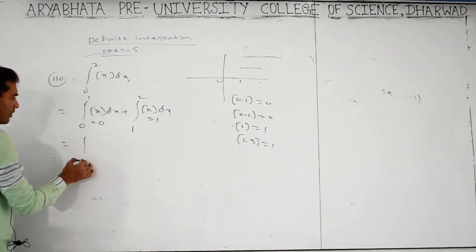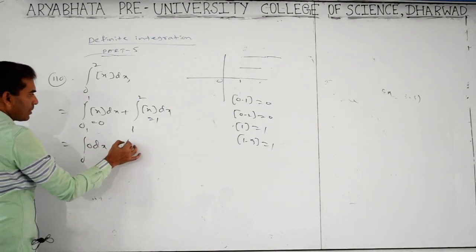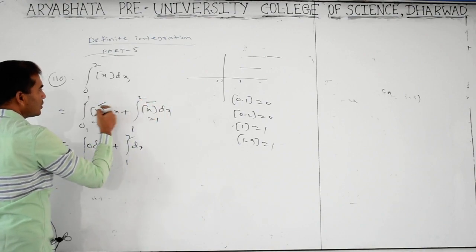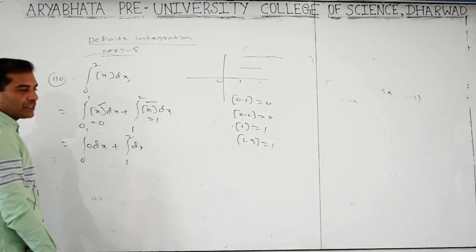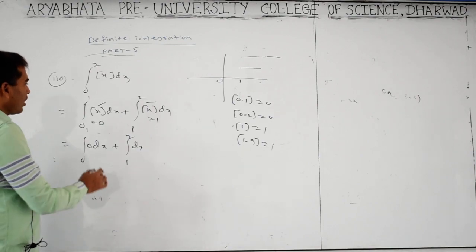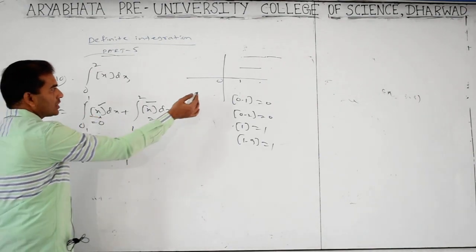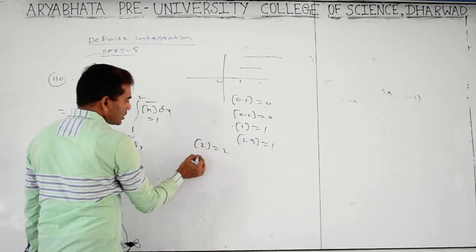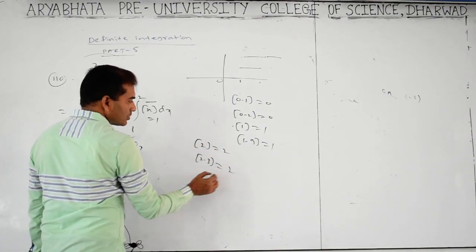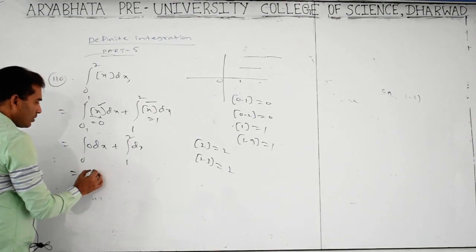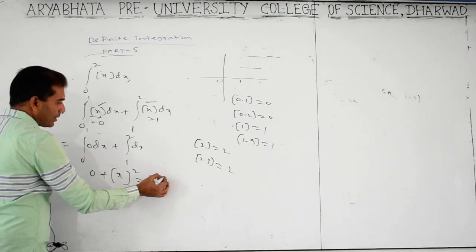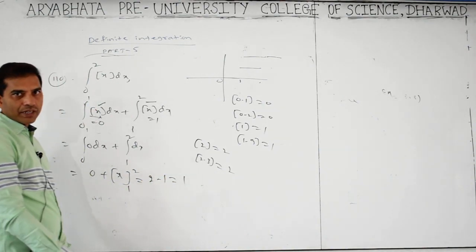So integration of 0 to 1 of 0 dx plus 1 to 2 of 1 dx, because a special function is there and we have to eliminate it; then only can we find the integration. How do we eliminate this function? By using this concept. Are you following? Step of 2 is 2, step of 2.3 is 2, like that. So 0, plus the integration of 1 dx is x, limits 1 to 2: upper limit 2 minus lower limit 1, 2 minus 1 is 1.